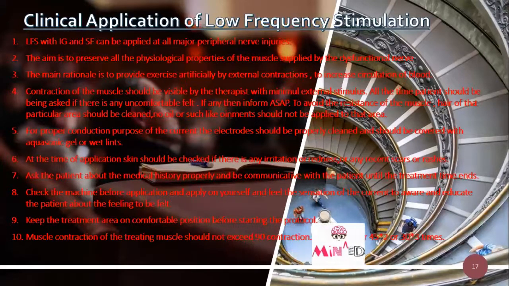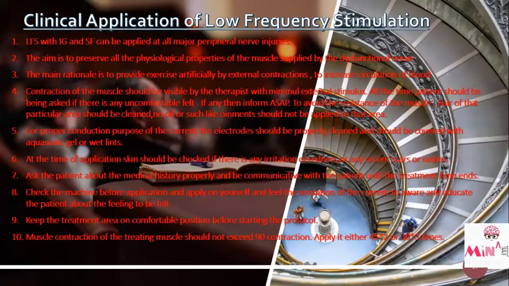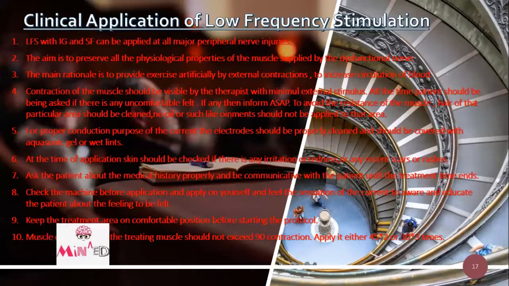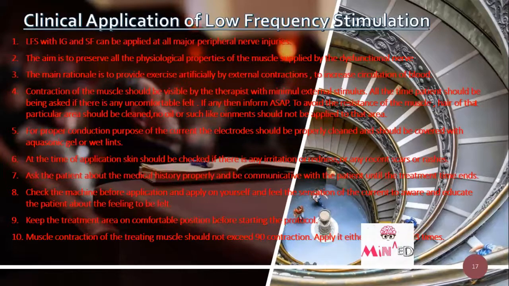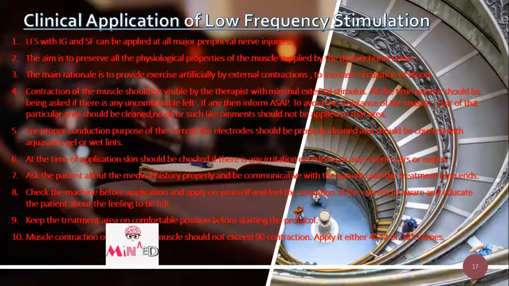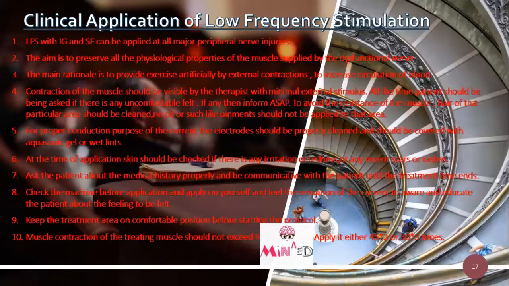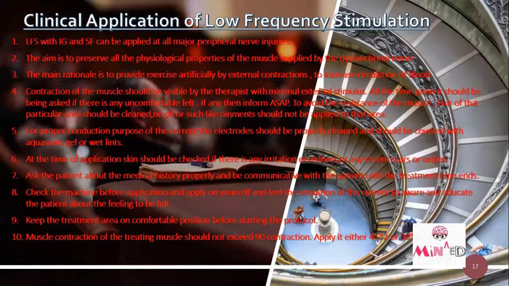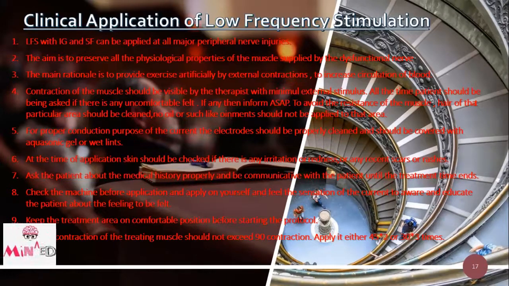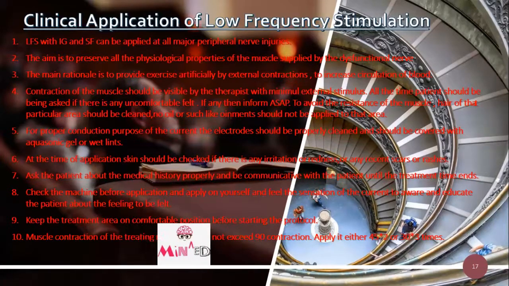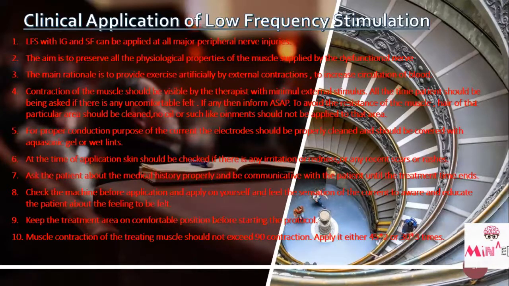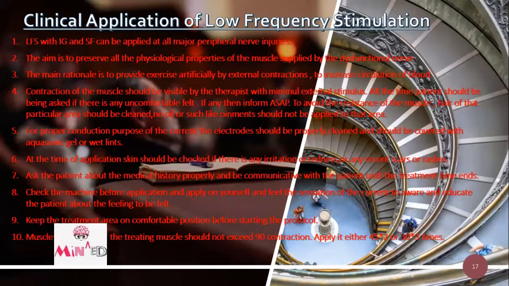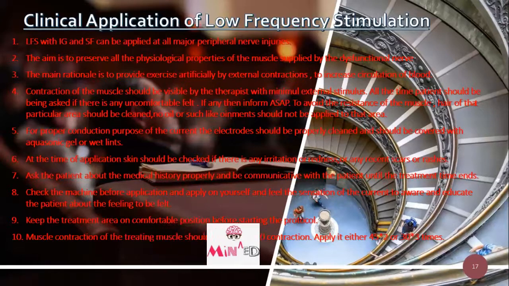So our aim is, if there is any problem due to the injury or due to the accident or due to the surgery, the patient has difficulty moving his limb or muscle and difficulty in doing his ADL, or activities of daily living. So you have to increase the stimulating days, and you have to go from the IG current to SF current to re-innervate the muscle and to strengthen the muscle.